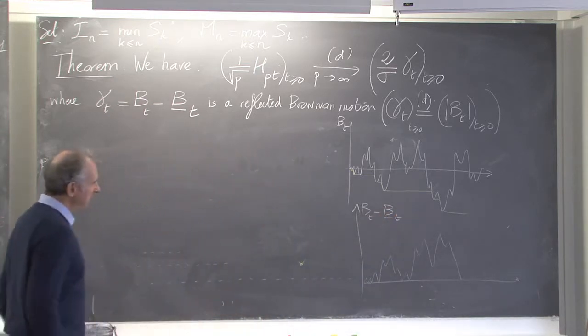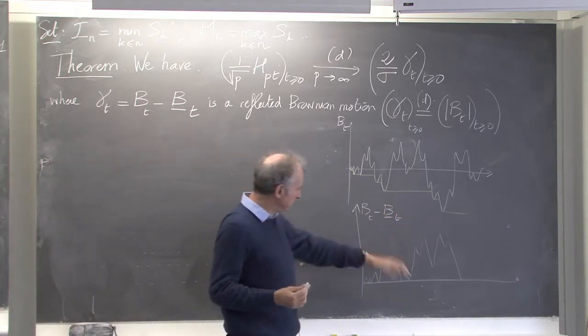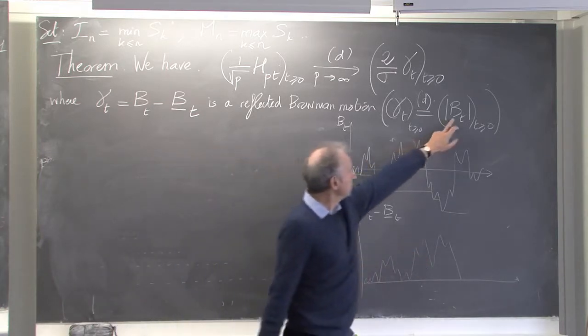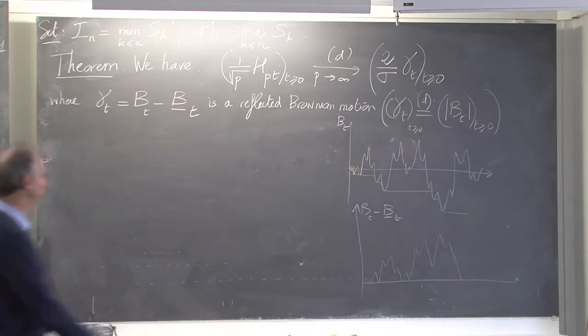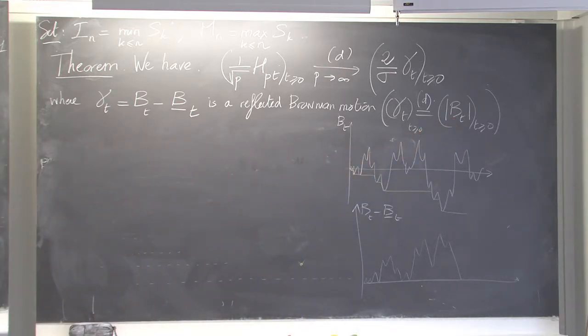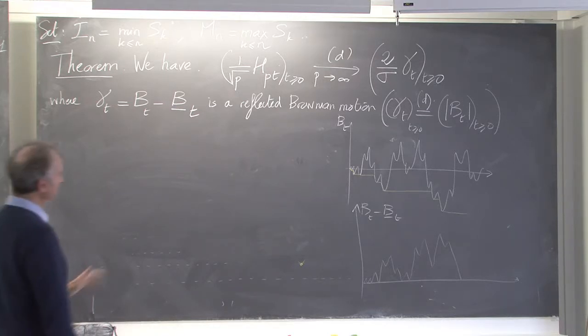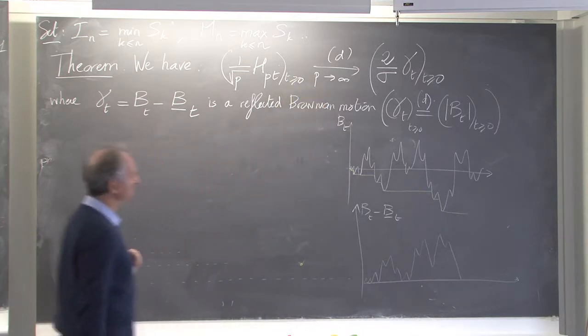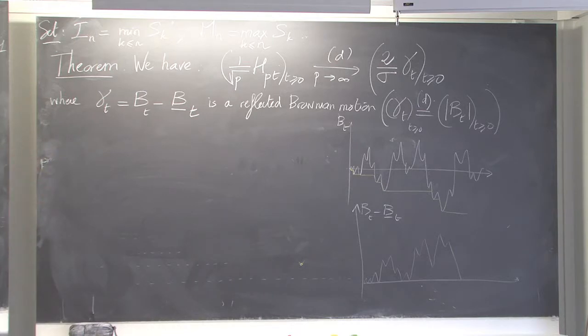And so the famous theorem I was mentioning is the fact that the process that you get here has the same distribution as the absolute value of a real Brownian motion. So it's also a nice process. We know a lot about it. I'm going to prove this theorem. Well, in fact, I'm going to prove something slightly weaker. I'm going to prove only the convergence of finite dimensional marginals, but maybe I will say a few words, and maybe you can do the full proof in the exercise session. We will see.